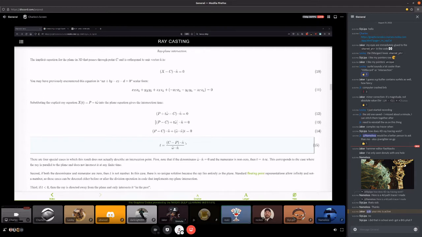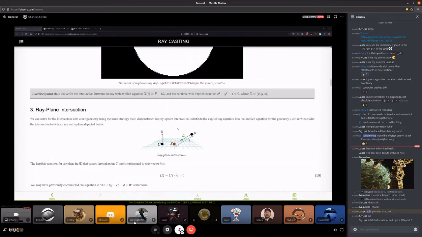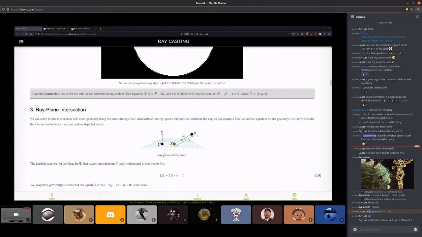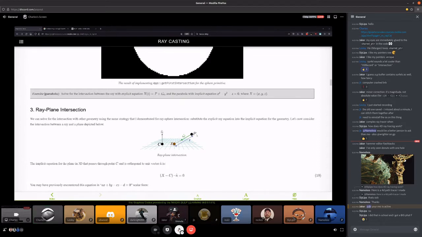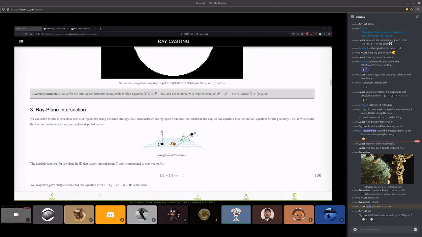By the way, did you understand why equation 10 is what it is? Actually, that's a good point. No, I don't. I thought I did, and then I realized I didn't. The dot product takes two directions and tells you if they are aligned or misaligned, and zero means they're orthogonal to each other. So the normal is pointing out of the plane, and x minus c